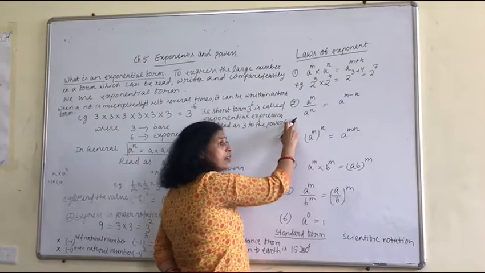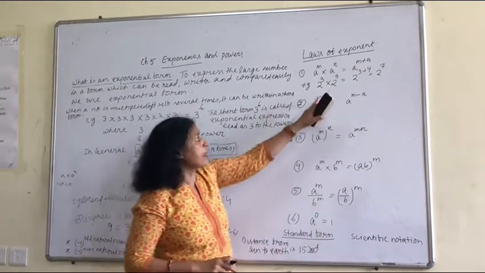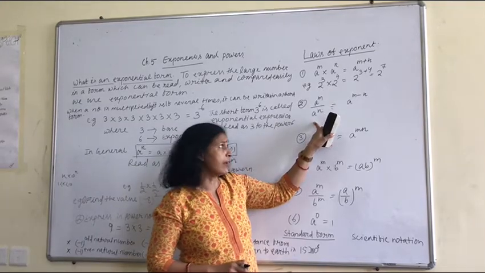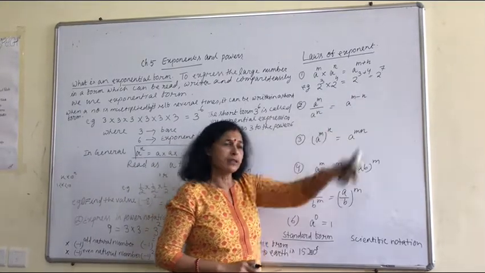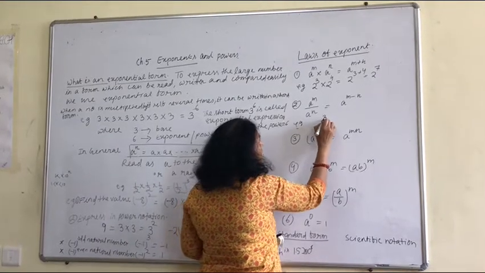Okay, next. If the same bases are divided, a to the power m divided by a to the power n is a to the power m minus n. Take an example. Suppose 3 to the power 3